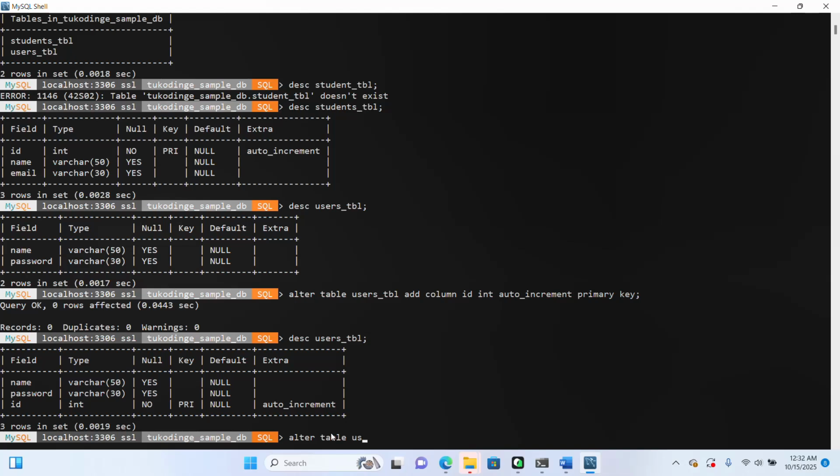The table we are altering is users table, and then we are now not adding, but rather we are modifying an existing column. So this time round we shall write modify, and then what are we modifying? Modify column